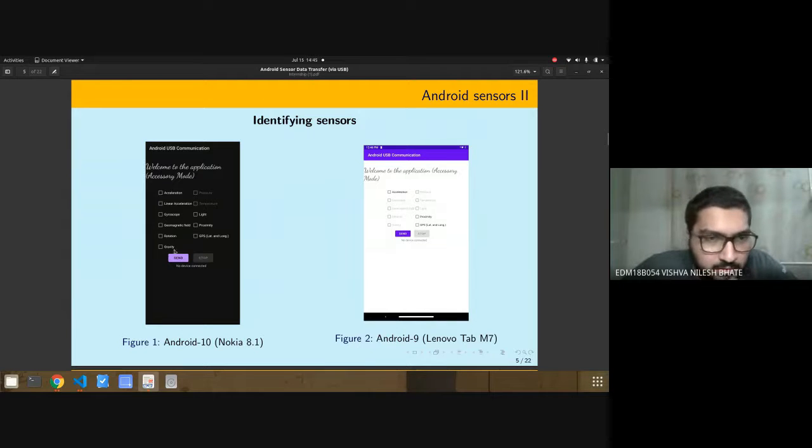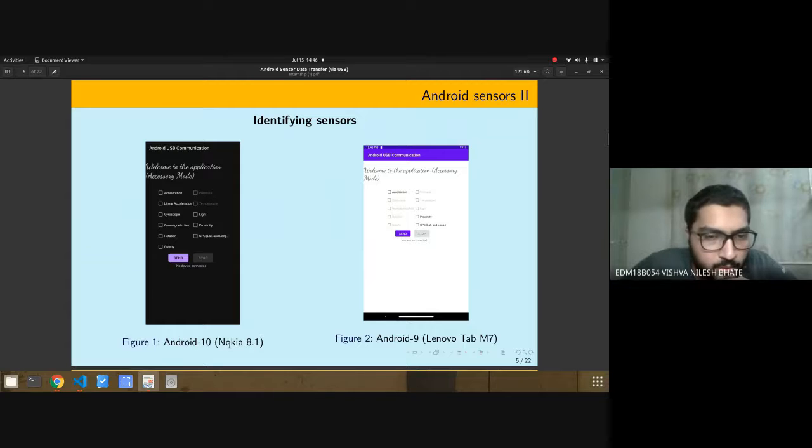I made a list of a few sensors which included accelerometer, gyroscope, and all the other sensors which you can see, including GPS also. When you launch your application, the application automatically determines which sensors are available on your device. So only those sensors are enabled, and the rest of the checkboxes are disabled.